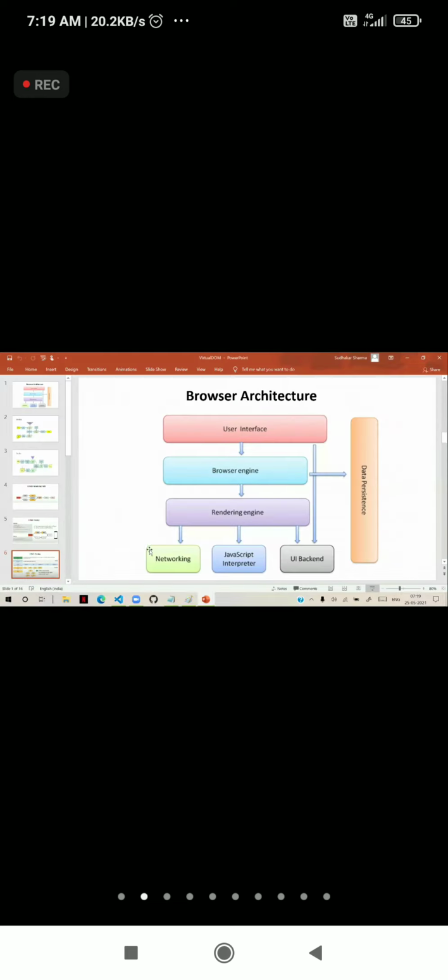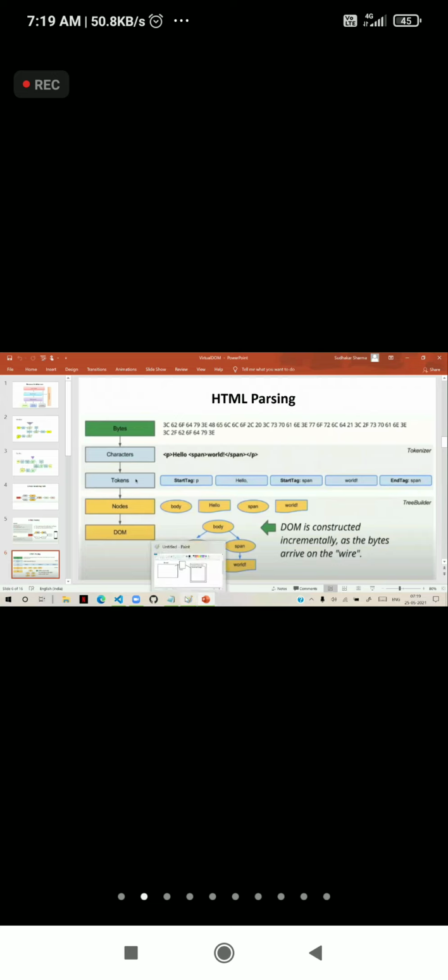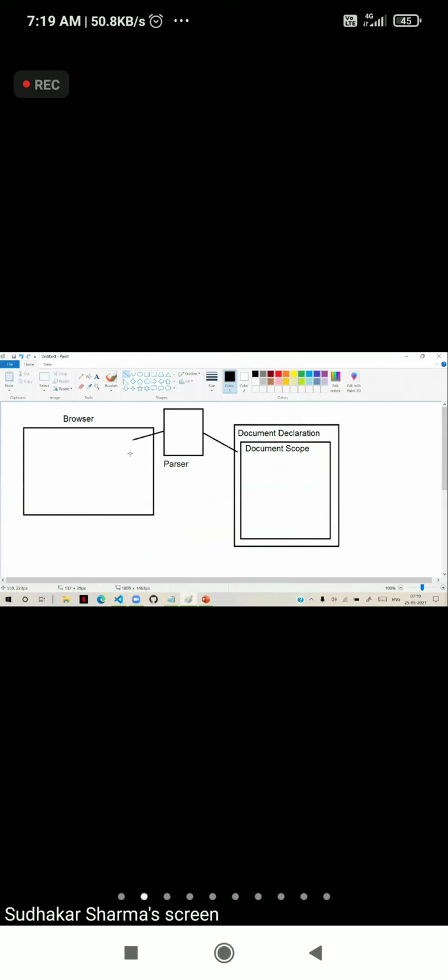Now, the point is, every browser that we are using has its own parser. That means there is no universal parser.